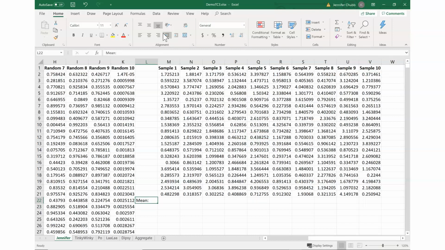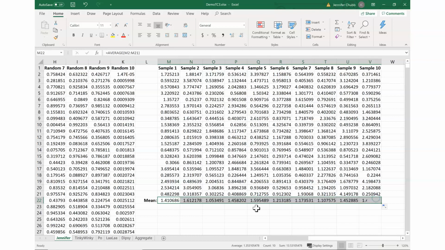I'm going to align this to the right, bold it, and I think I'll even put a line to separate the sample data from the mean, and then I'm just going to compute the average. And I want to compute the average of these numbers, and I'm going to just do that all the way down the line. So I'm not going to use a static reference, an absolute reference, because I want to be able to drag across and have the column index update. All right, so now I have the means for my 10 samples,